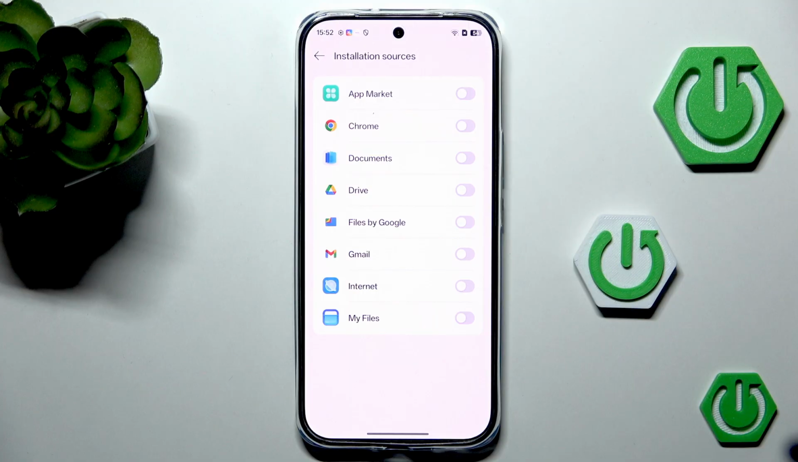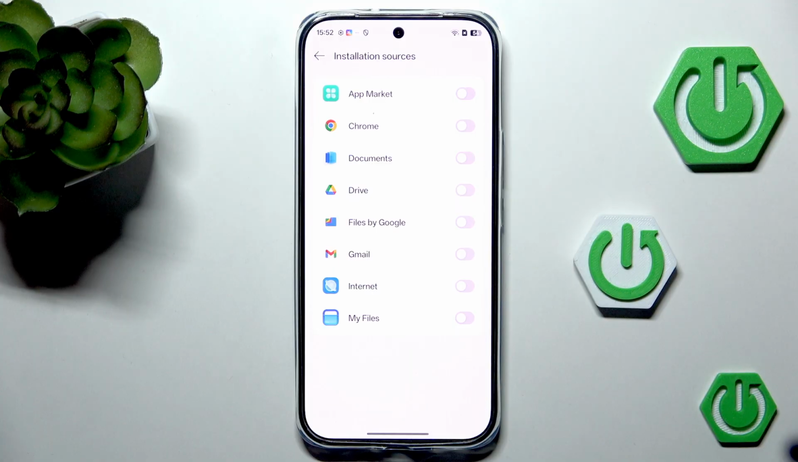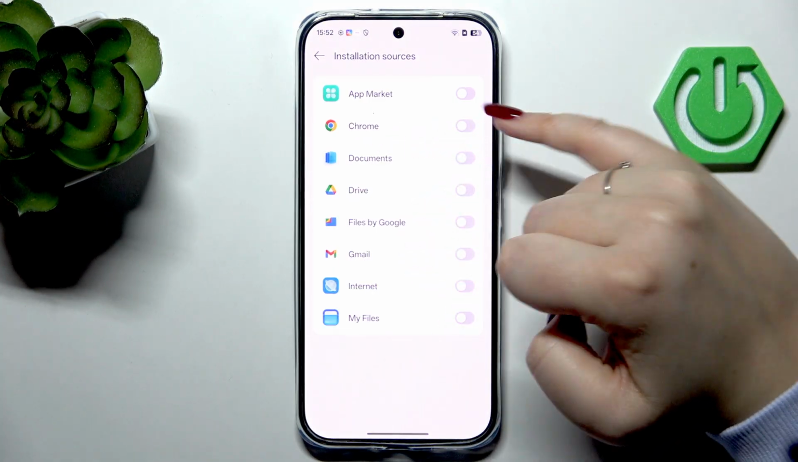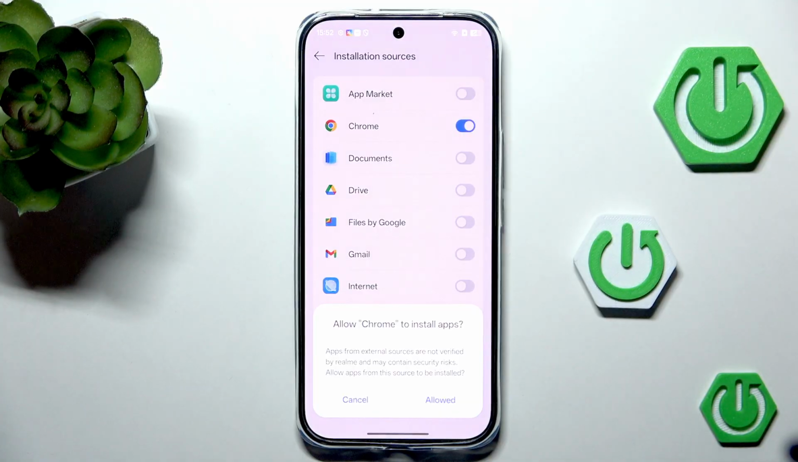So let's pretend I like to download the app from a website. So we have to find our browser, in my case Chrome, and tap on the switcher next to it. Your device will ask you if you really want to do it, because basically you're doing it on your own